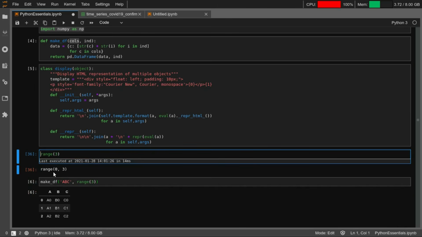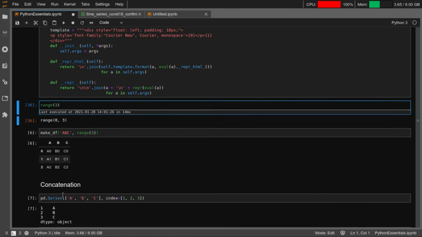It's an iterable. So if you give a, b, c and the numerals, it will create a data frame like this: a0, a1, a2, b0, b1, b2. These will be the columns and these will be the rows. If I give range 5, you will have two more columns, A3 and A4. So you can create a data frame of any size based on this.